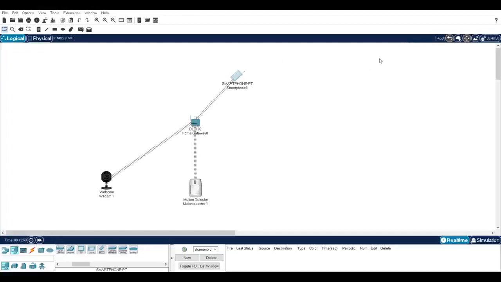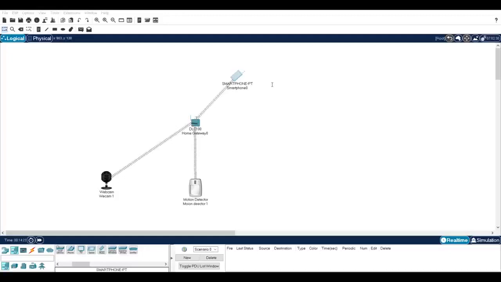Now the second step is to access home gateway. Again click on smartphone and go to desktop tab, select the IoT monitor option. As you see here, IP address, username and password is already entered.